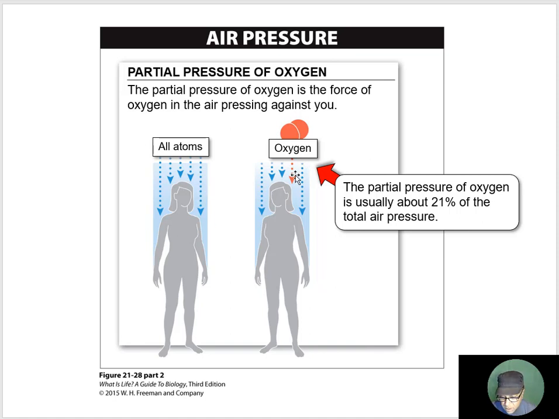And oxygen is one part of that, right? That is the pressure of oxygen. Now, the partial pressure of oxygen is usually about 21% of the total air pressure. The air that we're breathing in, the air pressure, is only about 21%, all right? Now,